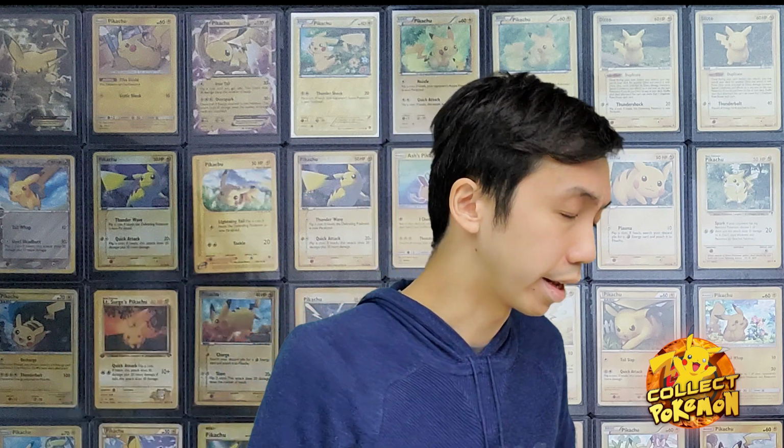Now, I always like to compare with the Munch Pikachu set, or the Screen Pikachu set. The first card that actually went up was the Mimikyu. Mimikyu, because of its rarity, its difficulty to get, was very high up in price. And then Pikachu, due to its popularity, kind of caught up. And now Psyduck, because of the difficulty to grade, went up as well. Eevee, with similar difficulty to grade, a little less difficult than Psyduck, but more difficult than the Rowlet, is also going up in price. So what we can see is that if one card in a set is doing well,